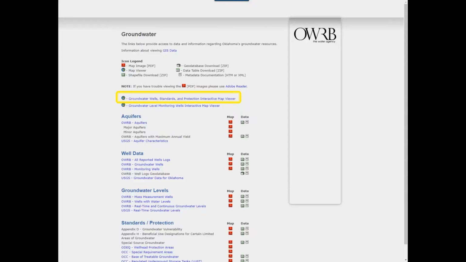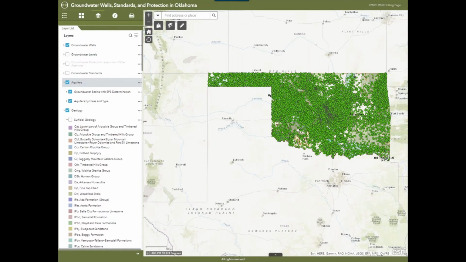And so again, here's the interactive map viewer, and if you go in there, on the left here are layers. If you're not familiar with GIS, every layer is separate. The wells are a layer, the aquifers are a layer, the town names are a layer, the county boundaries or local boundaries are a layer. The rivers are a layer, for instance. Everything is a separate layer that's then put together to make this map. And so this has everything added. At this scale, the size of the dots makes that pretty cumbersome, but you can see where there's more density and less density.